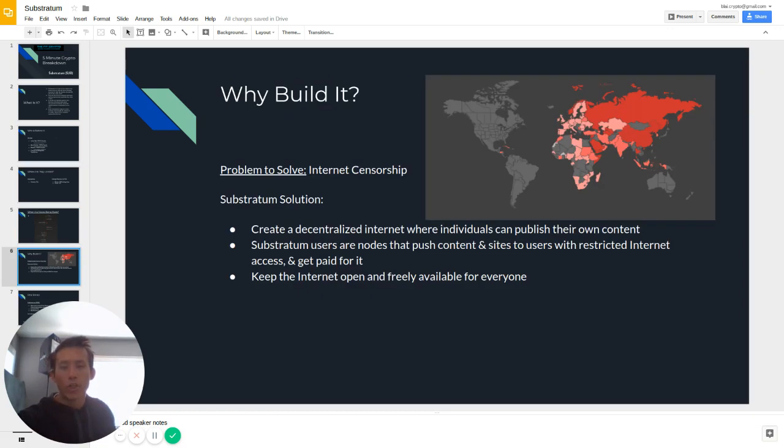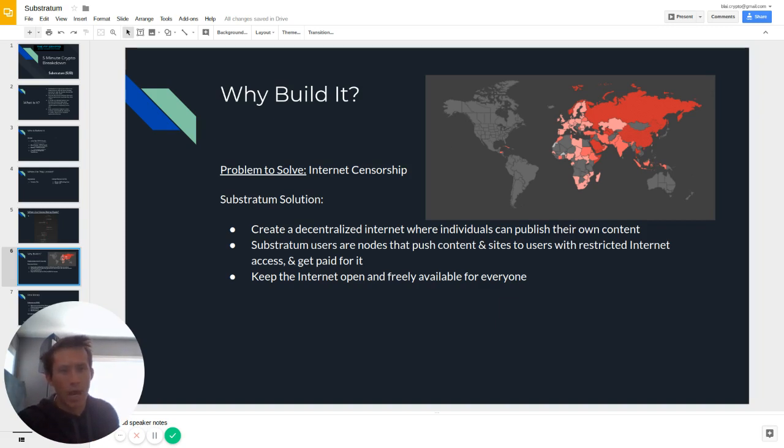So the most important question: why build it? What problem are they trying to solve? They are trying to solve the internet censorship problem that many countries have. So I pulled this map from their website. As you can see, the darker red it is, that means the more censorship there is. So you're looking at China,